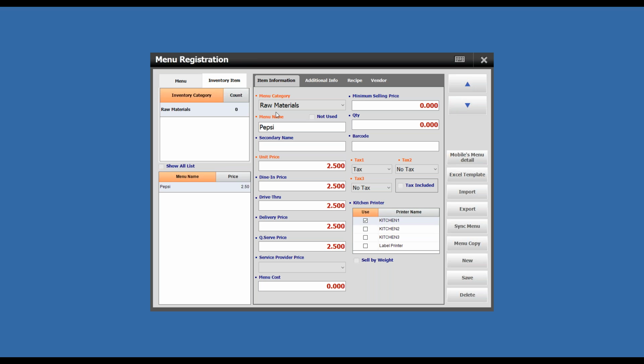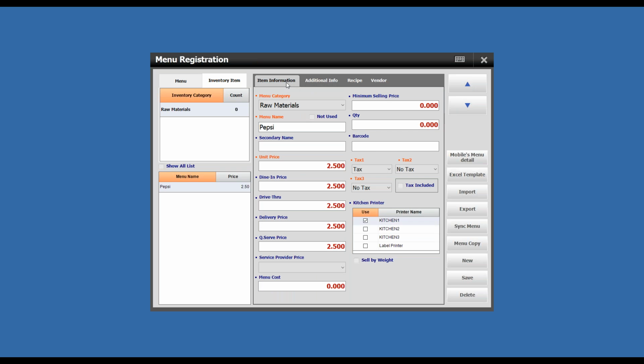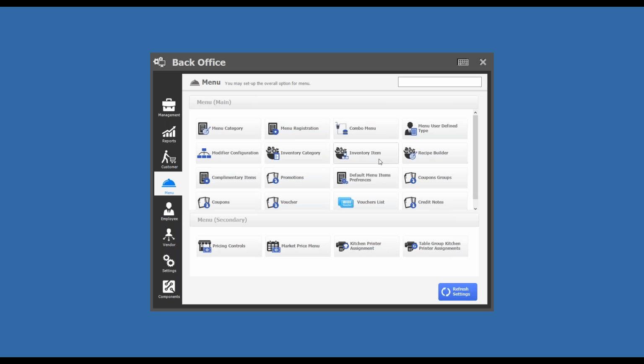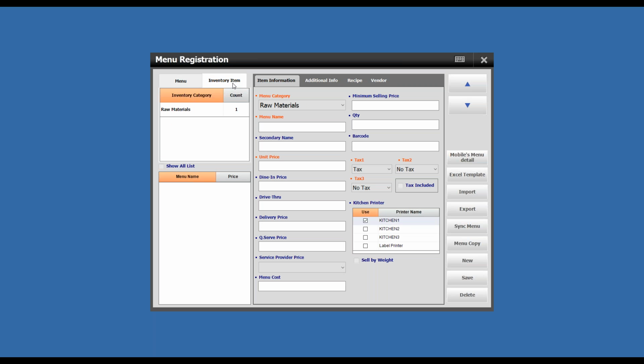We added this feature so we can have different options of sellable items applied on inventory items. Also, we can use the old form to create inventory sellable items. But if you need extended options or extra options, you can do it through this page, which is menu registration. And if you have any questions,